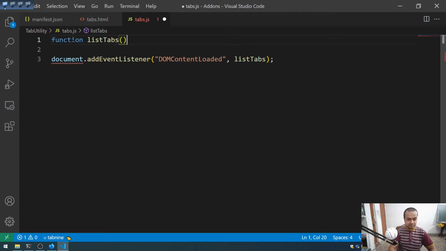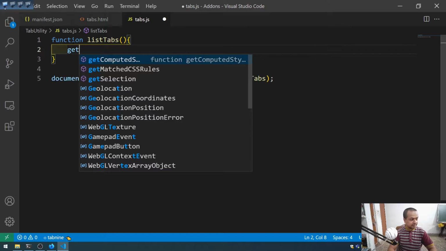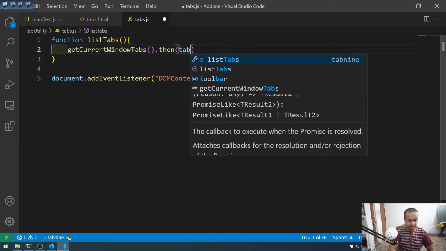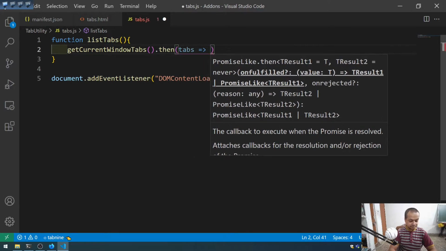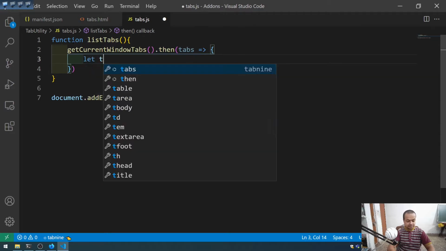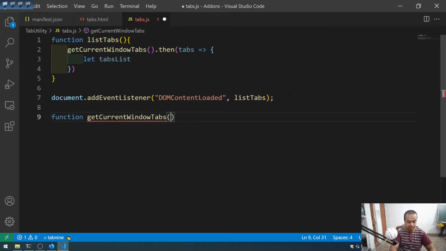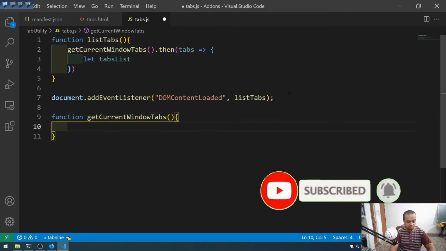function. listTabs will contain getCurrentWindowTabs, let getCurrentWindowTabs.then tabs, let tabsList. So getCurrentWindowTabs. Okay, so if I have done till getCurrentWindowTabs, it is actually another function. So let me do that. The getCurrentWindowTabs function, getCurrentWindowTabs, and what it will do, return